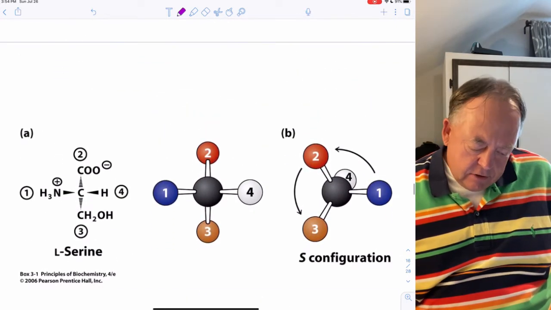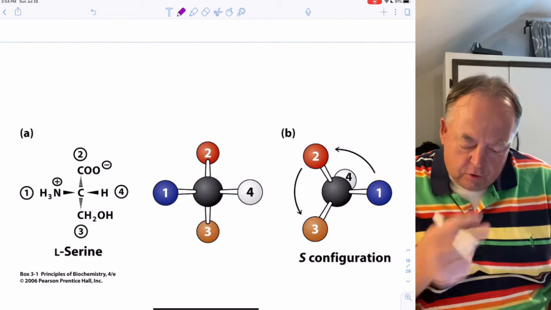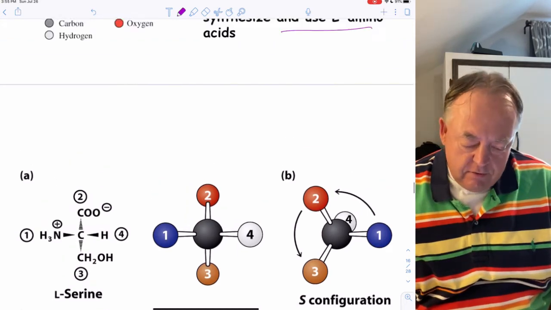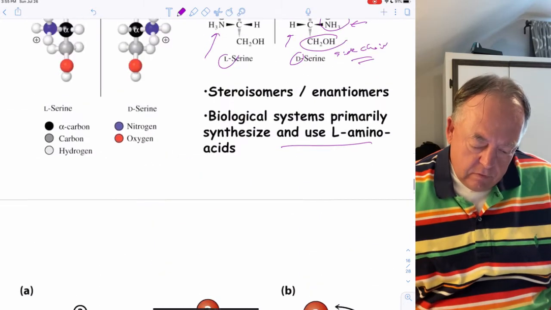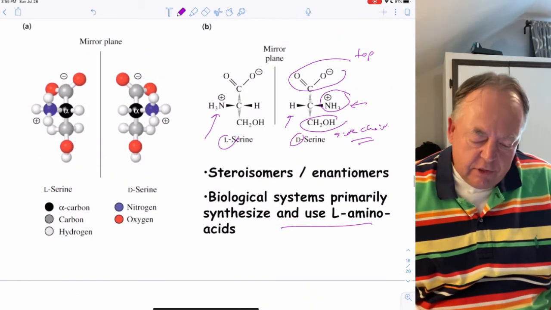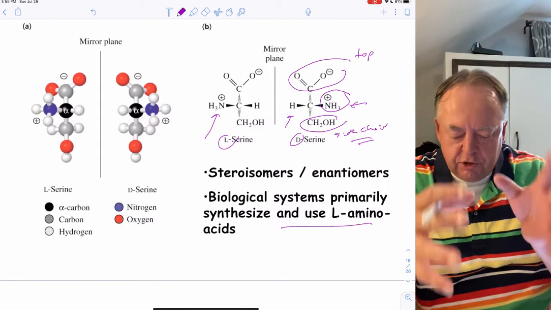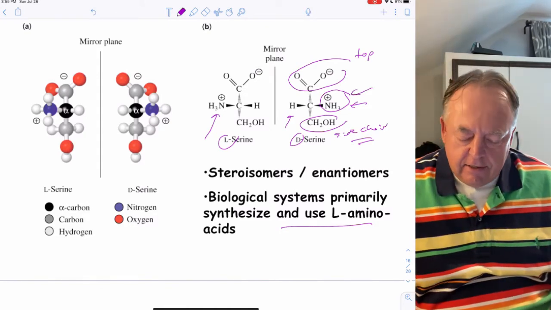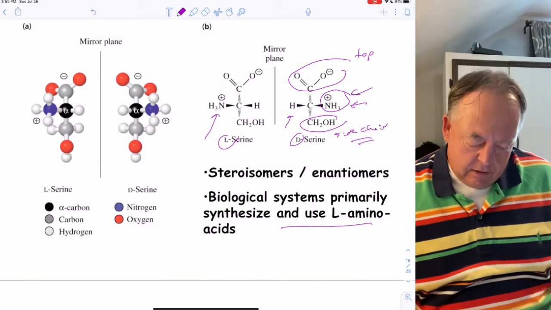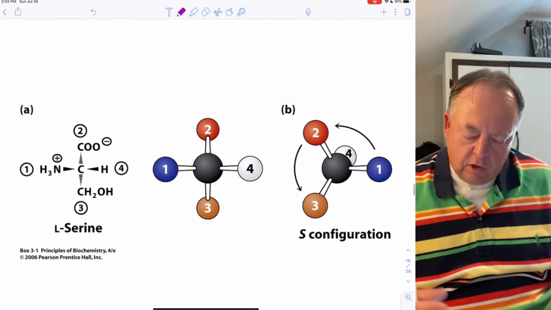Okay, so D and L is not a great way to classify the stereochemistry. It's much better to use the R and S system, because with the D and L system, you would have to have this structure in a Fischer projection, and you would have to see where the NH2 is in order to know if it's a D or an L amino acid. Whereas if you use the R and S system,